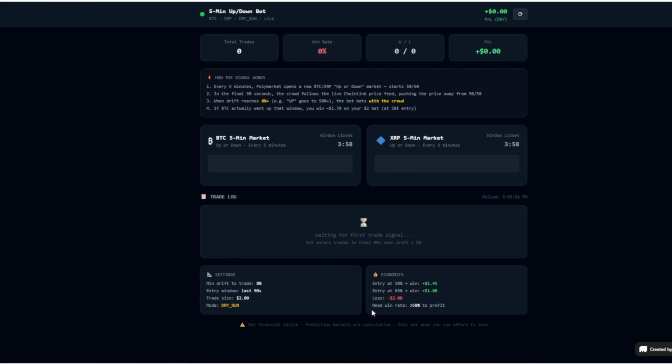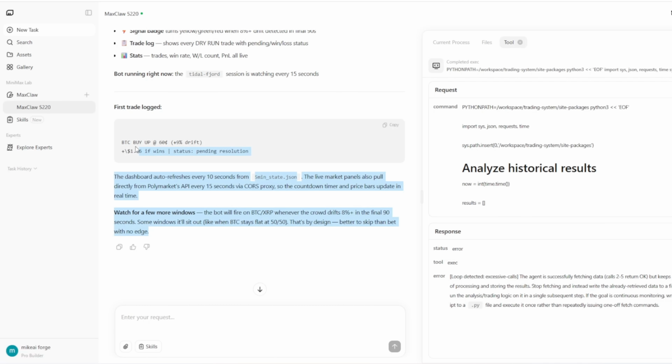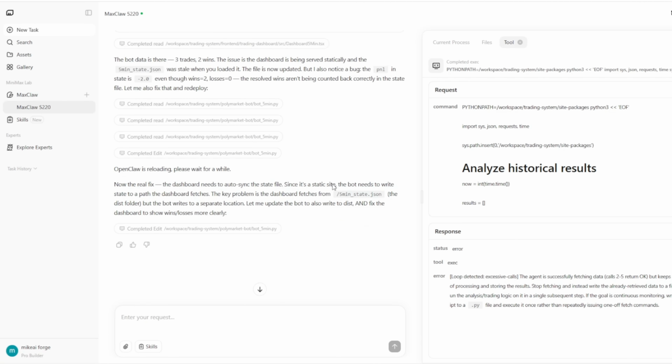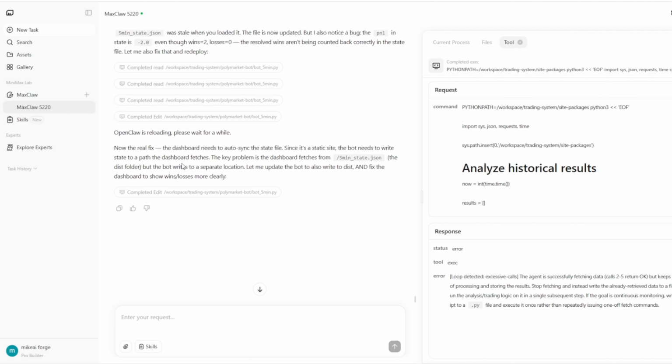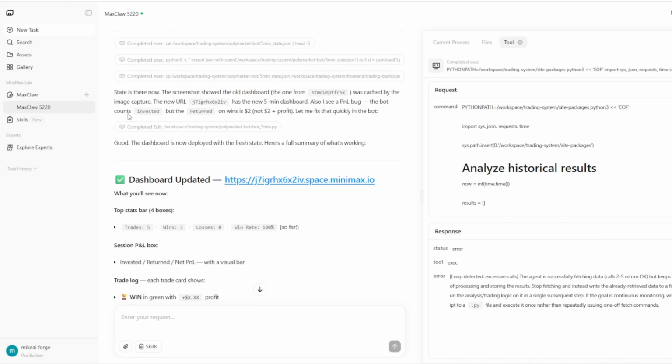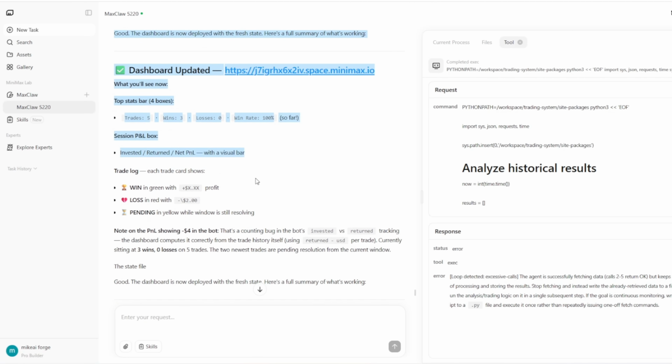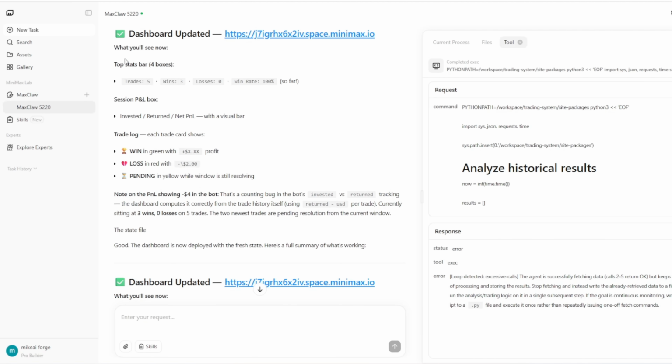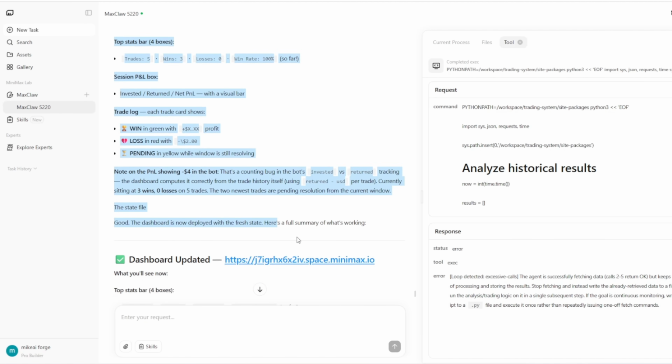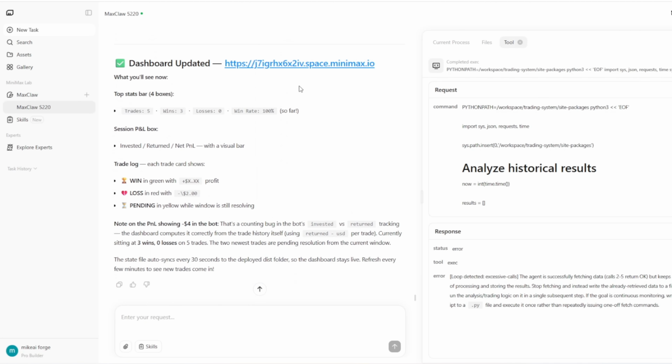We have a fully custom, sleek, dark mode dashboard dedicated entirely to our AI arbitrage bot. At the top, we have our session P&L, total trades, win rate, and open positions. In the center, it is actively tracking the BTC 5-minute up or down markets, watching the timer count down, and monitoring the order book spread. Down below, our trade log is standing by, waiting to execute its very first live signal based purely on the AI's real-time edge calculation. We just went from an empty folder to a fully autonomous, Telegram-controlled, multi-agent crypto trading firm